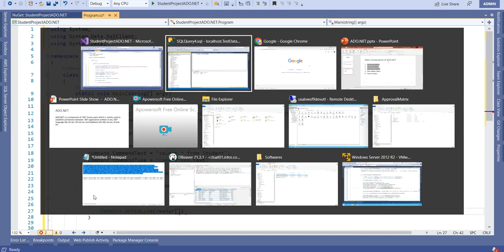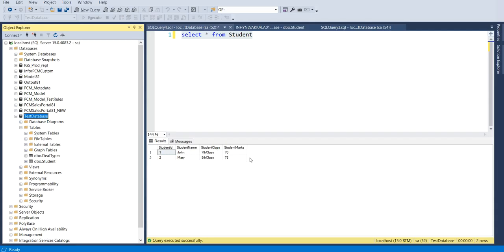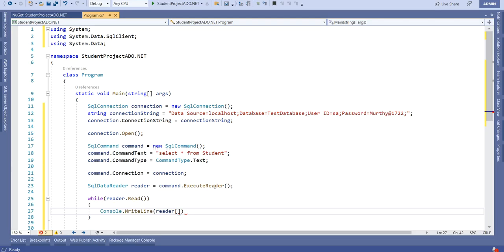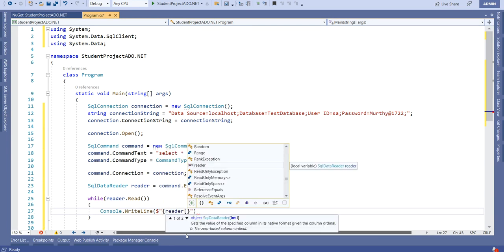What are the column names? Student name, student class, student marks. So let us write the student name, dollar, first student name, reader of student name,